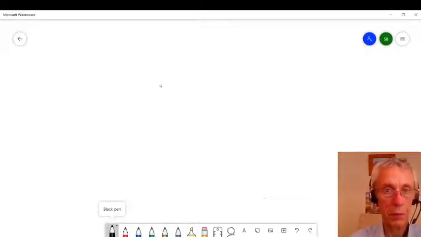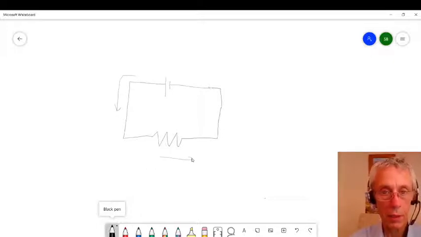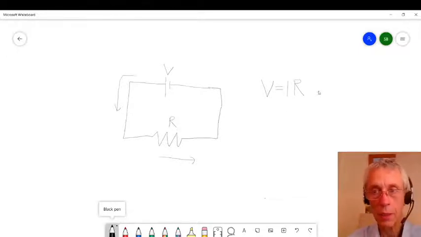Imagine that you've got a battery and you've got a resistor here. What's going to happen is the current's going to flow through the resistor, and the battery has a voltage, the resistor has a resistance, and you find that V, the voltage, equals the current times the resistance. If you're not familiar with this, this is Ohm's law,